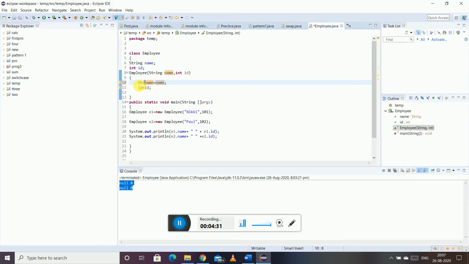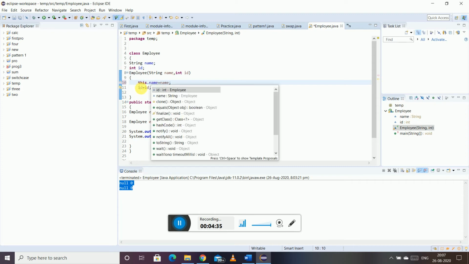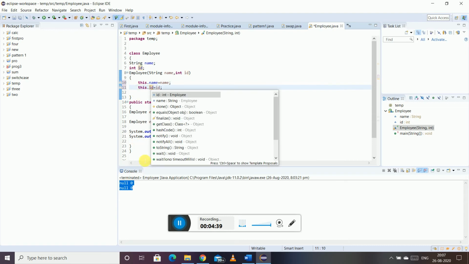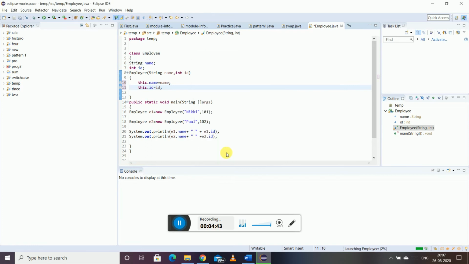So if I am using this keyword, we have already seen that. What will be the output now? Now it will be Nikki 101, Paul 102.